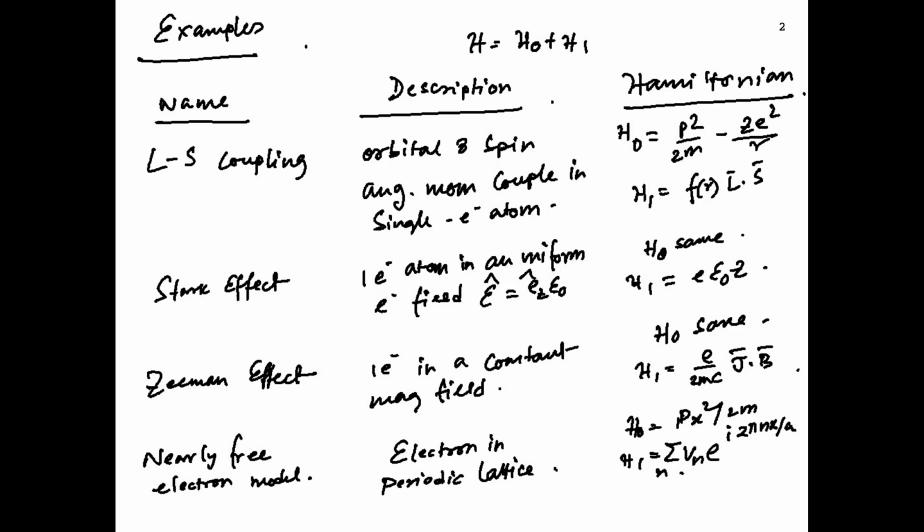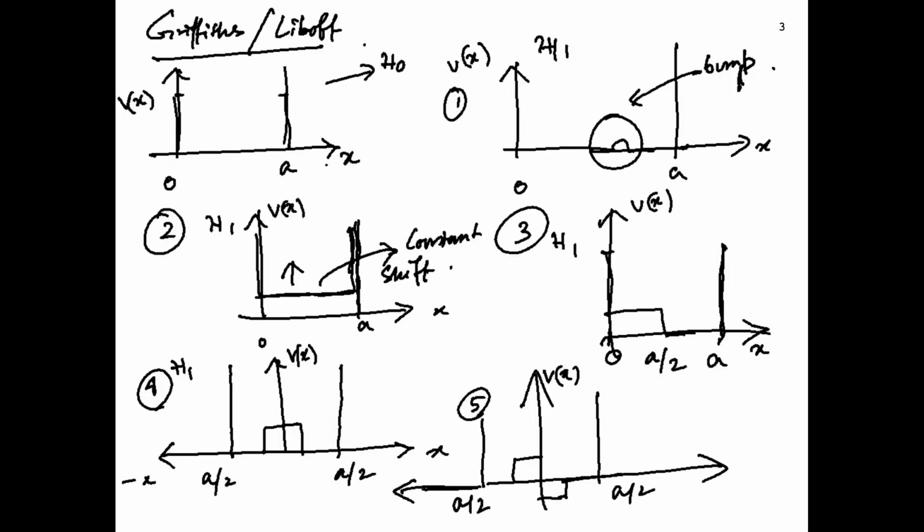Okay, so now let's jump into the examples. Here are all the varieties you will see in various books of this particle in a box problem. First see the H naught. It is a particle in a box, a V(x) potential which has an infinite wall at 0 and a, in the x direction, a one dimensional problem, and then you add a potential first by a small bump. This is written in Griffiths and many books and everywhere you will see it,